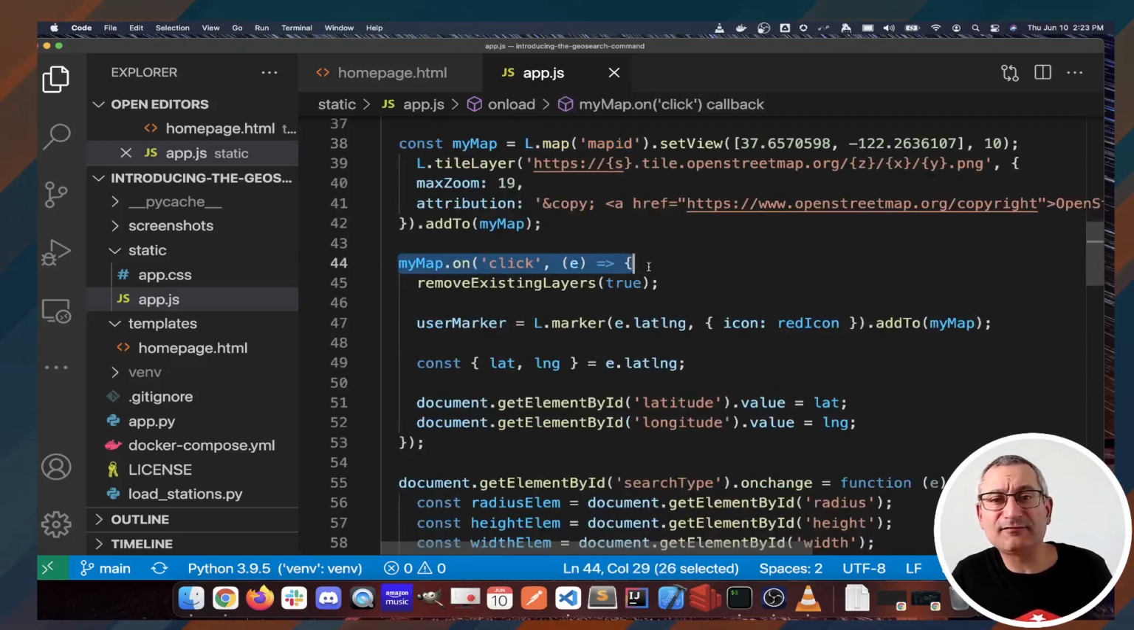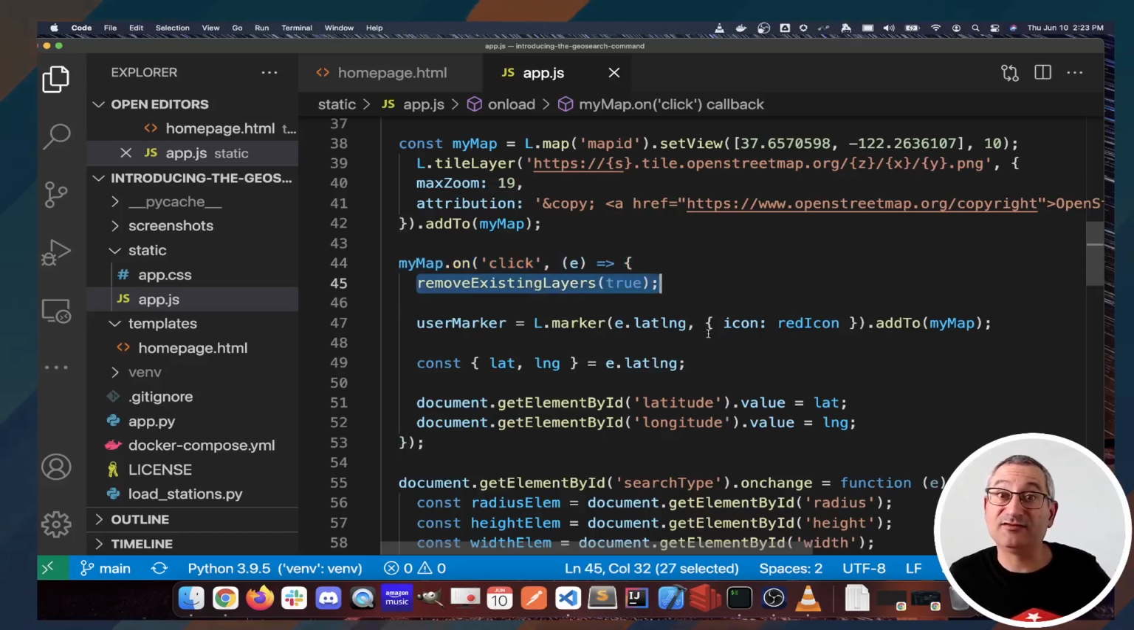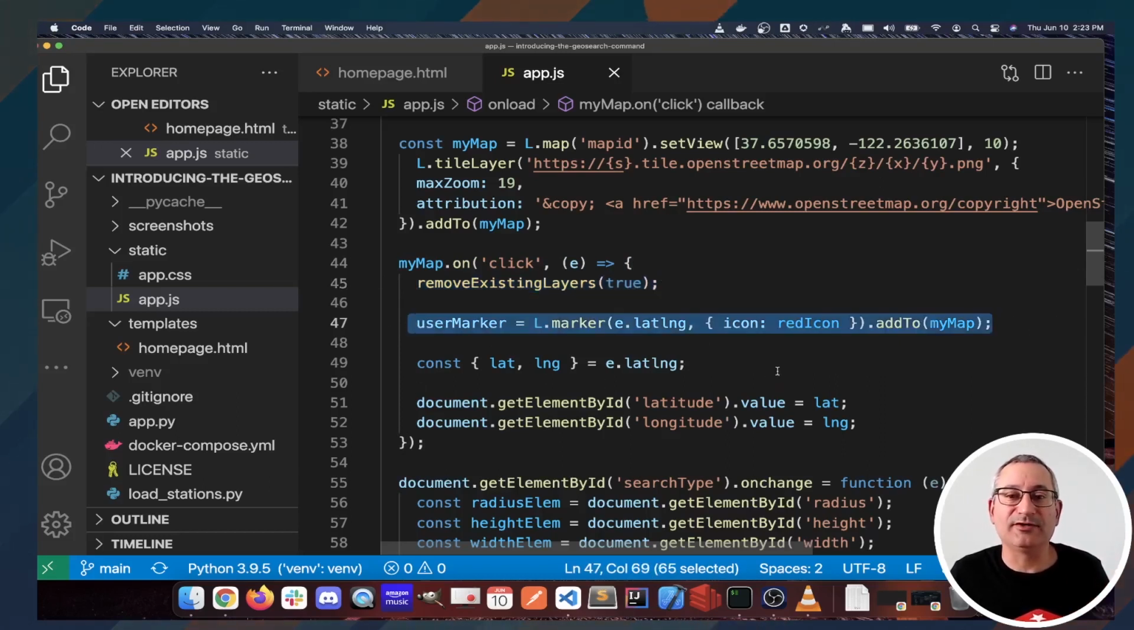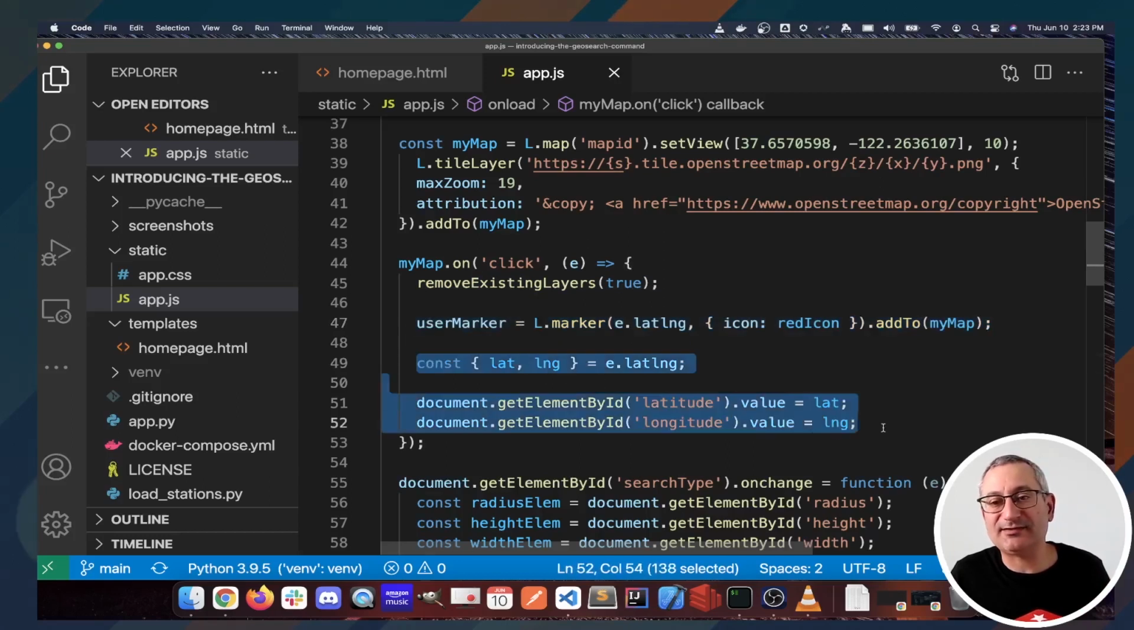Then this is a Leaflet event handler. So when someone clicks on the map, we're going to run this code. What we're going to do is remove stuff that was on the map already, so any previous search results, markers, radius circles. We're going to drop a marker, remember where that marker is, and set its lat long